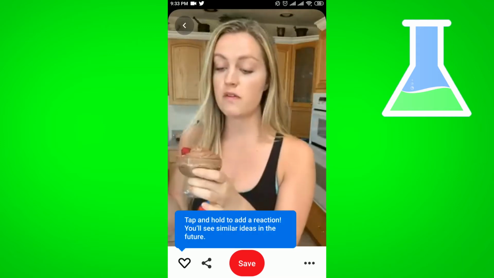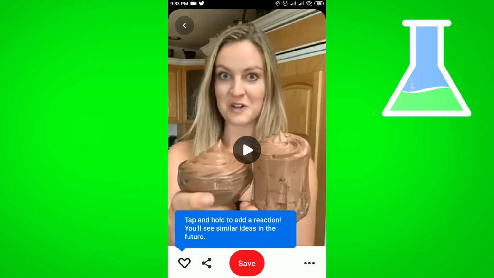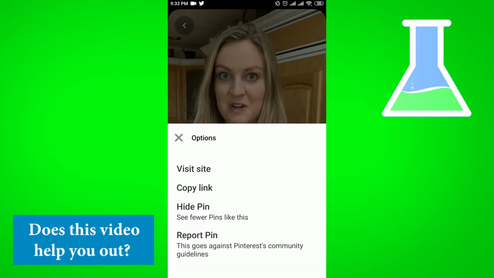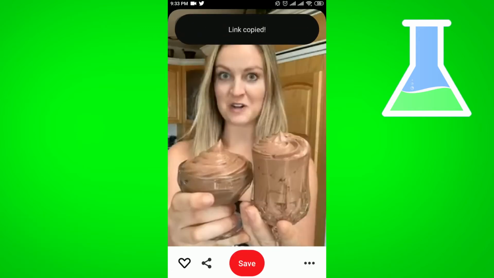After that, you have to click on the three dot option, then the copy link option will come. From here you have to copy the video link first, then